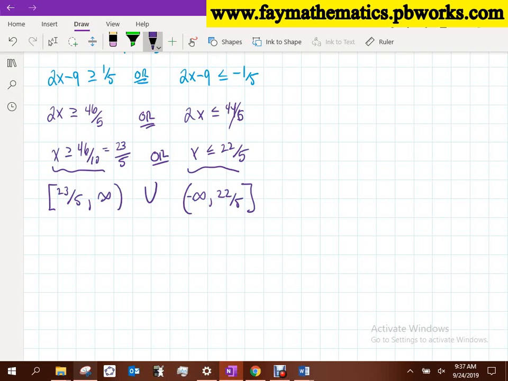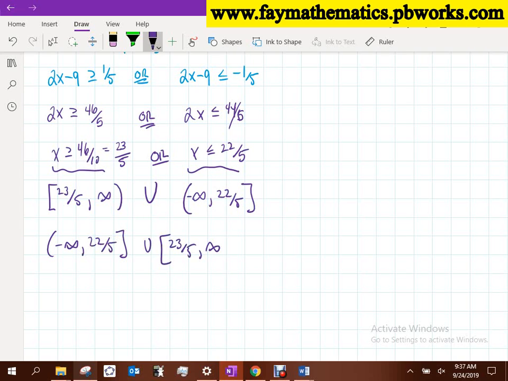As I move along that interval, 23/5 is further to the left than infinity, but is negative infinity further to the left than those? Yes. So that second interval is messed up. These things need to change spots. I need to go negative infinity up to 22/5, union